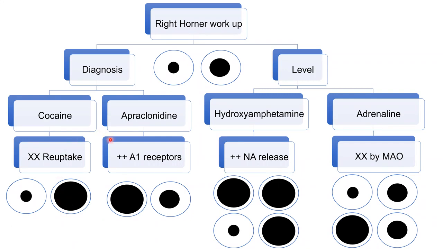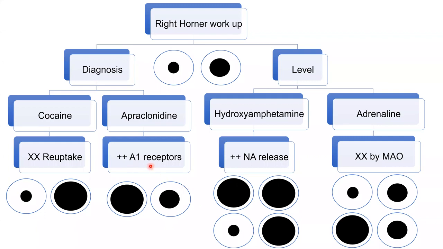Another test used for diagnosis of Horner syndrome, but with different interpretation, will be the apraclonidine test. The apraclonidine test is an alternative to the topical cocaine to confirm the Horner syndrome. It is an alpha adrenergic agonist, meaning that it will cause pupillary dilatation. But it is weak, so it will not cause pupillary dilatation in the normal pupil because it will